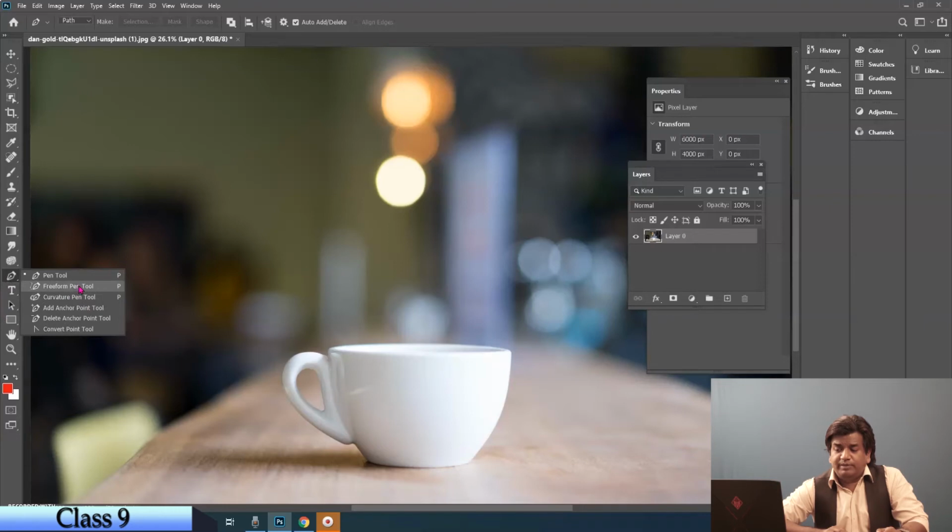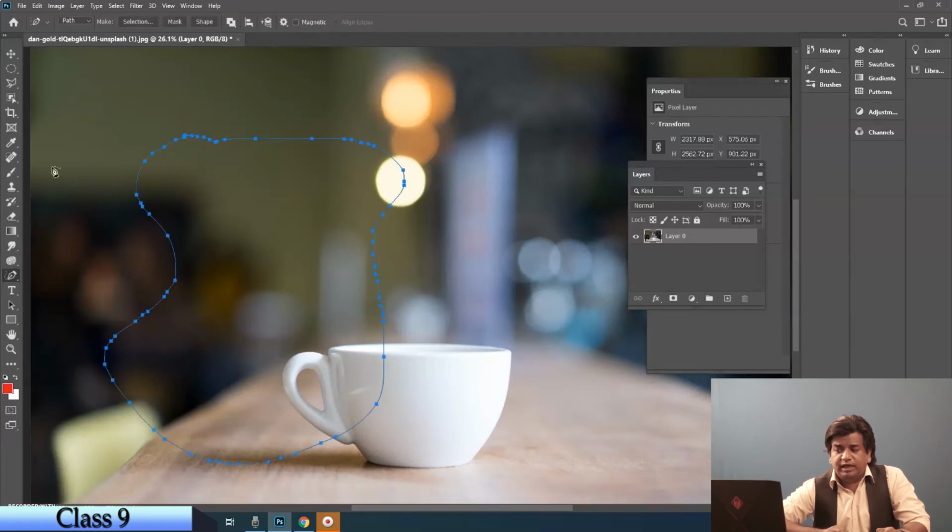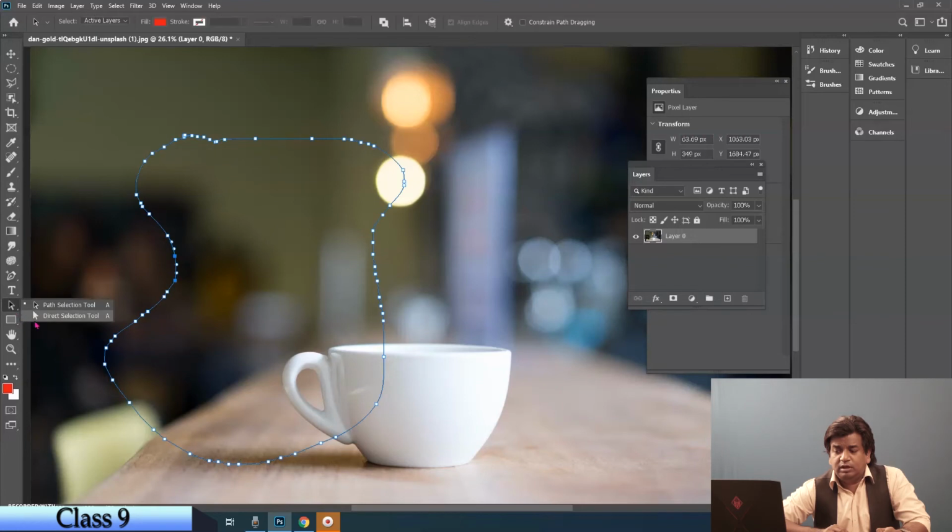We have freeform pen tool, curvature pen tool, add anchor point tool, delete anchor point tool, and convert anchor point tool. Now these all things we have seen in details in Illustrator. Okay, so same thing, freeform, freehand, we want to draw something, so we are able to draw it freehand. If I want to add anchor point, so add anchor point and then give it a shape.